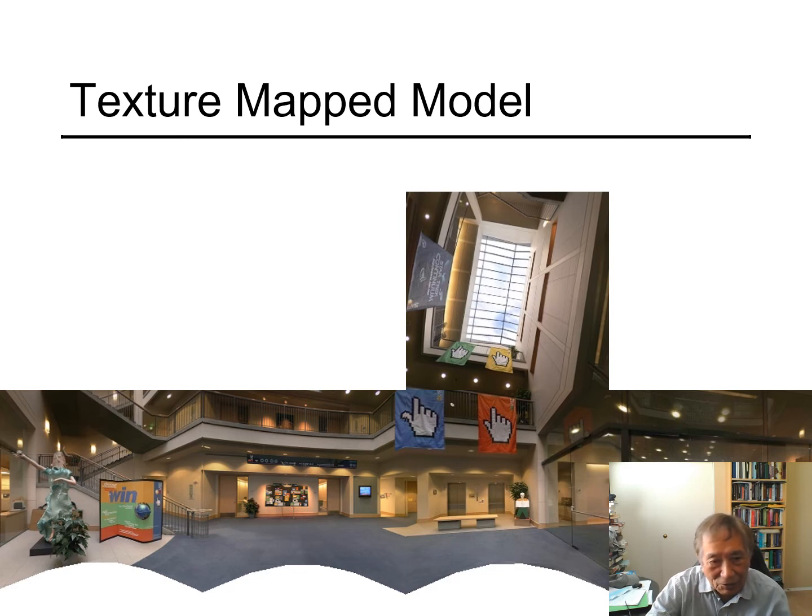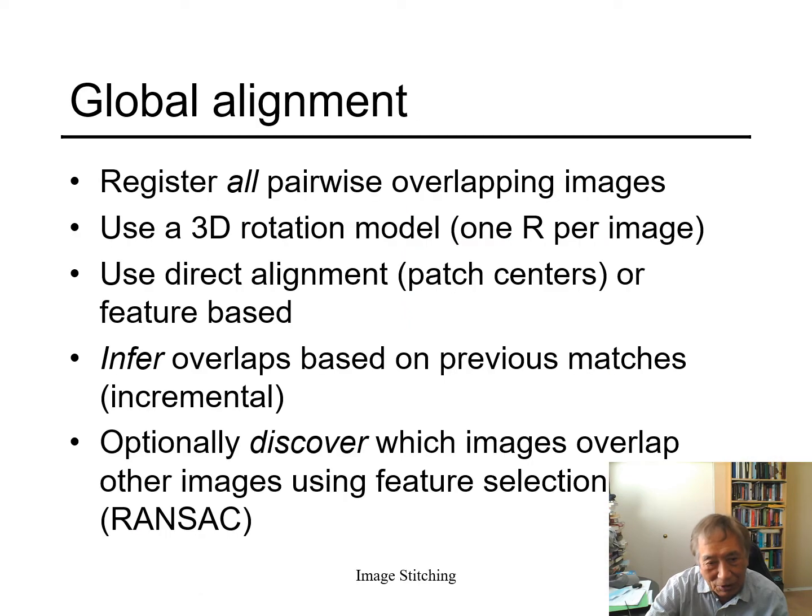need it to be more realistic, not just a flat display, but with some kind of texture. This looks like some painting done or some wallpaper being given, and sometimes you put some decoration. So you need the overall global alignment view, and you give the adjustment to each other. So a 3D rotation model and the direct alignment and the overlapping part, and then cutting as needed, and then for